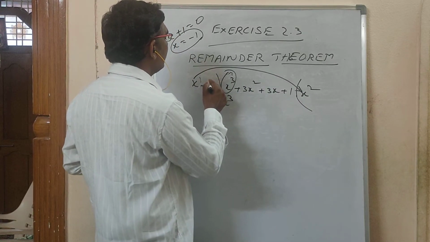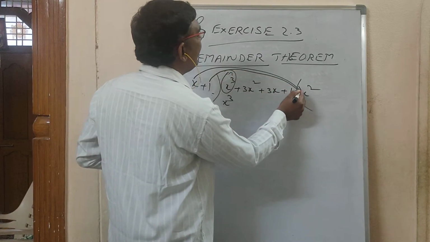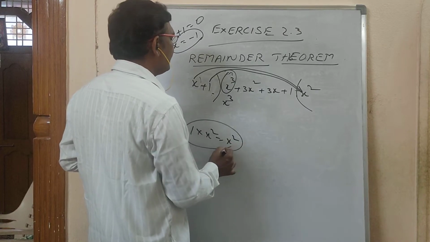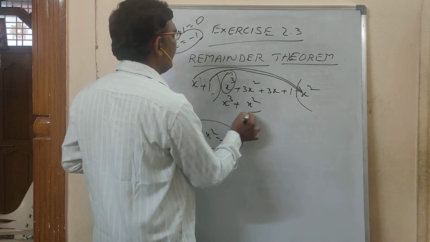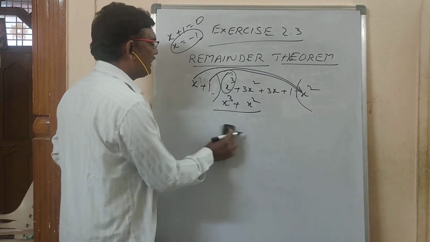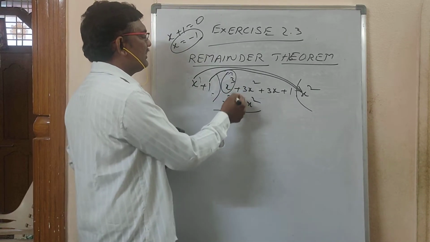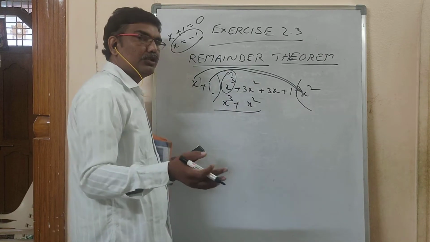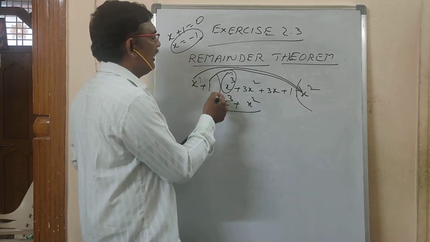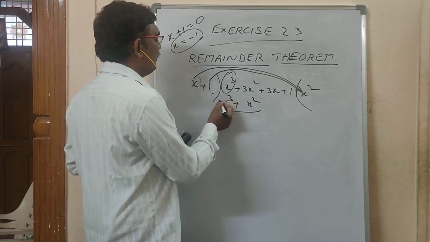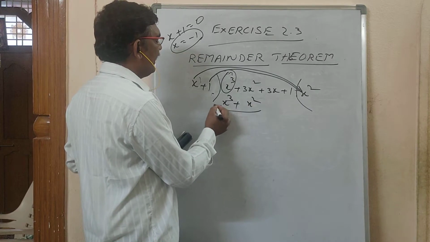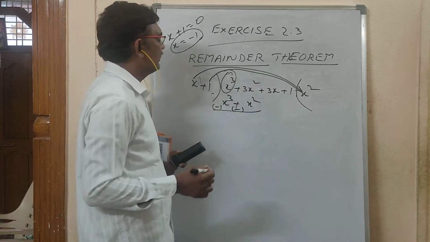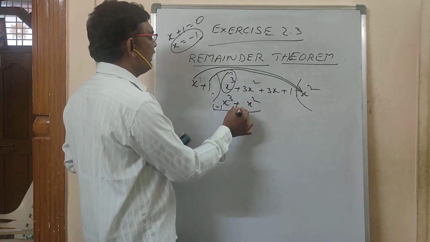Next, what do you have to do? Next term 1, into the same x square. 1 into x square, how much are you getting? x square only. Write it below x square. Now you have to do subtraction, and subtraction is very easy. Whatever terms you have below, take the opposite of their symbols. Before x cube, no symbol means plus, so make it minus. Before x square there is plus, it becomes minus. So this symbol is minus, this symbol is minus.